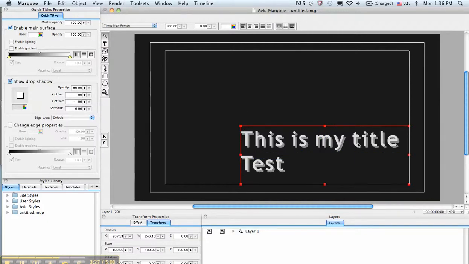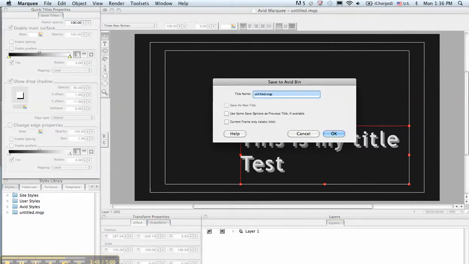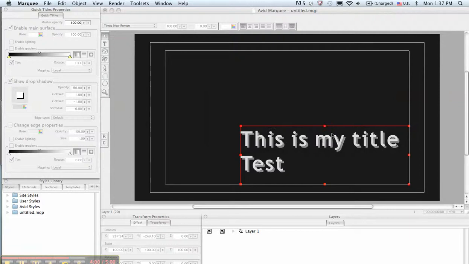What is more important for me now is that after you do this, you need to save your title, and you usually would save it to a bin in Avid Media Composer. So let's save it to a bin. I'm going to name it test, and I'm going to click OK,